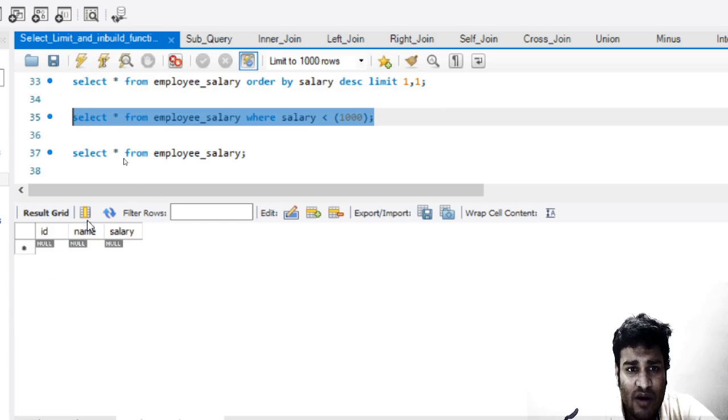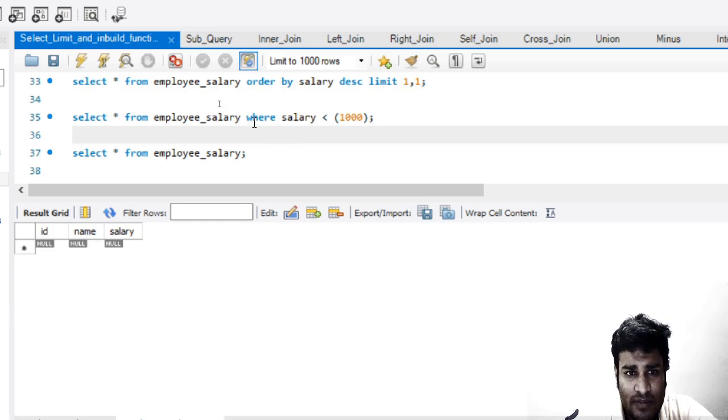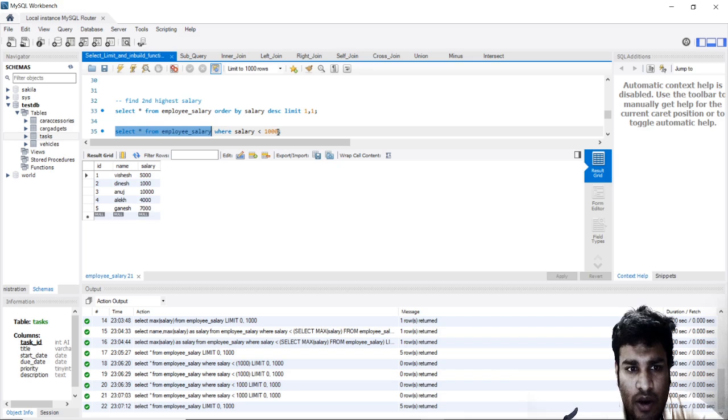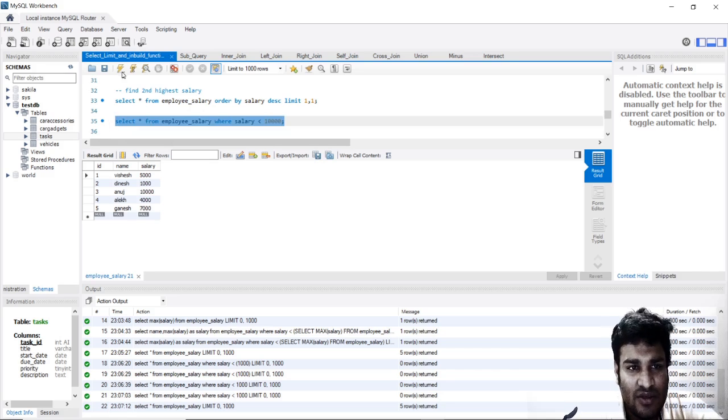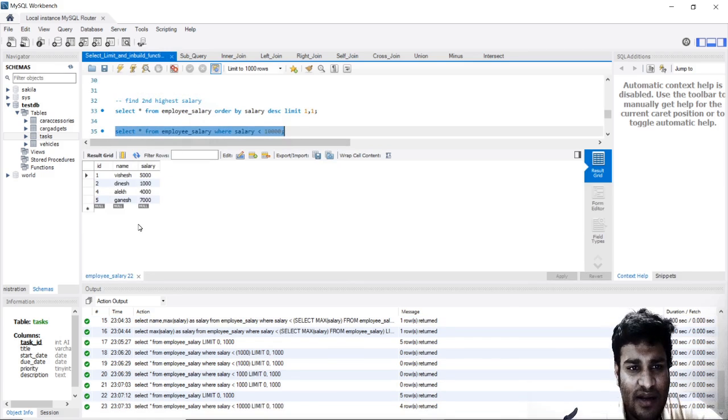And now out of this new data set, there is some problem. Where is the problem? Okay. So the problem is we are saying 1,000. It should be 10,000, I'm sorry. That's why it was not picking up any value. So again, if I run it, you can see that the data set has only 5 records. It does not have the 10,000 value, right?